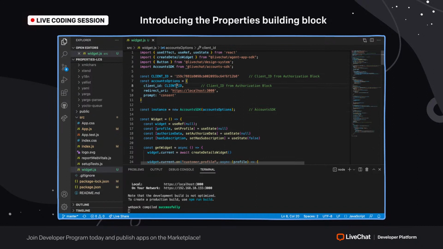And these options are just copy-pasted from our documentation for the accounts SDK. So I will not explain it more than just specifying the client ID. We set the redirect URI here, and the only thing that is different from the default options is the prompt consent. We use that one to make sure the application shows us this consent,